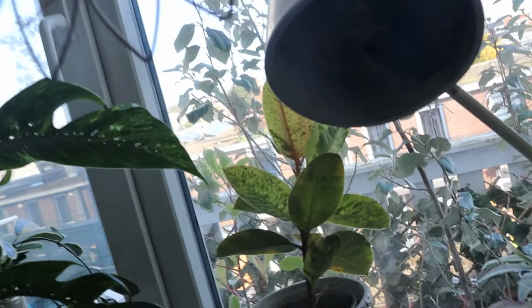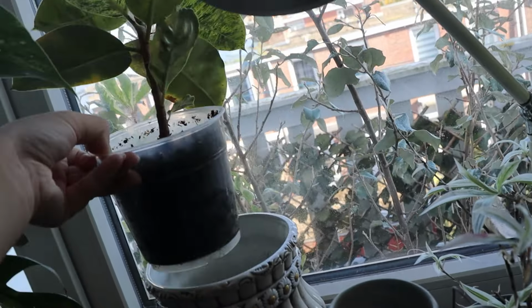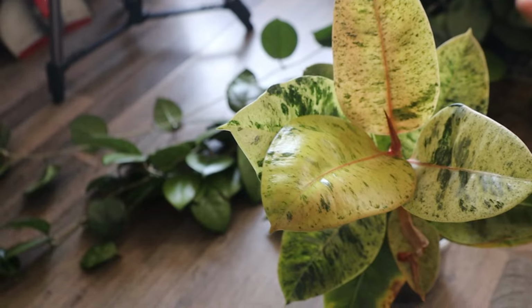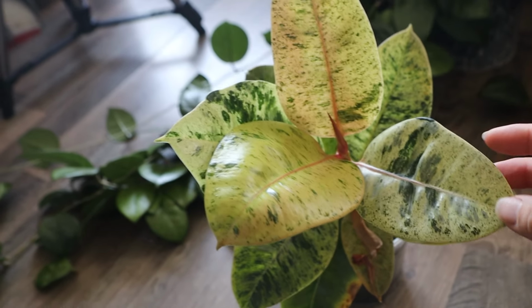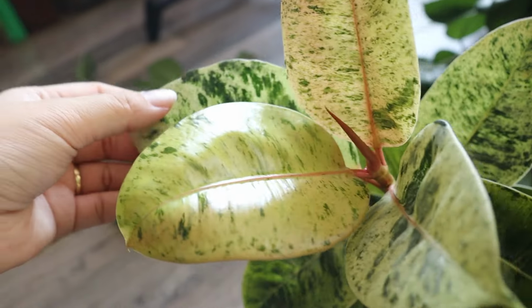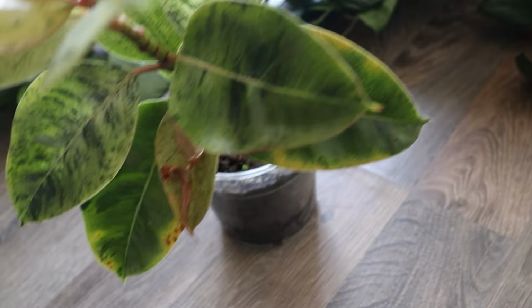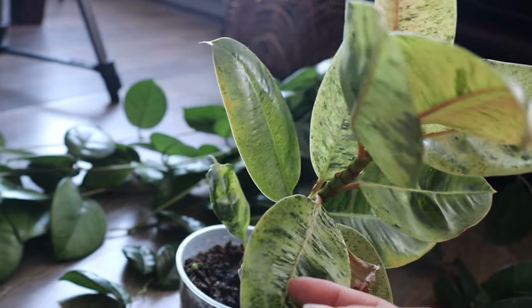So yeah. This is a plant, the Ficus schefflera, that I don't like anymore. And it's very hard for me to say because look at this. This looks so beautiful. I love these three leaves, especially this leaf, and these two will get there. I also still love this leaf, but all the leaves that are down I don't like, and I get the feeling they get more,